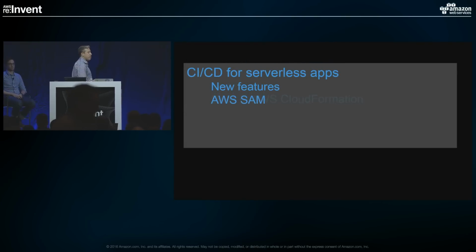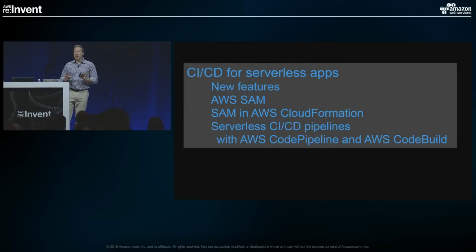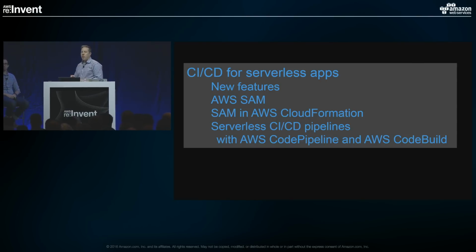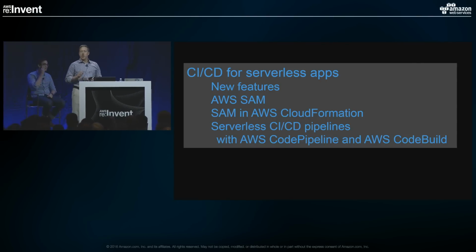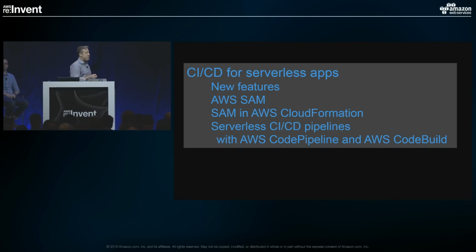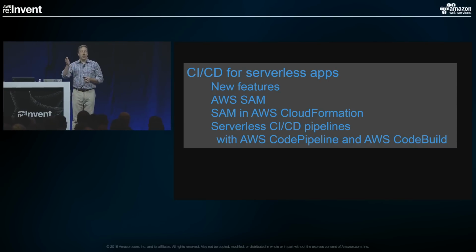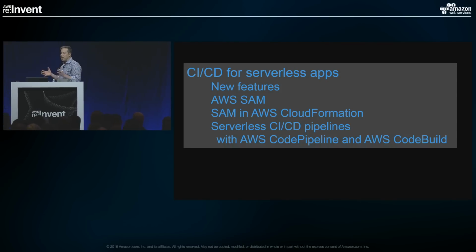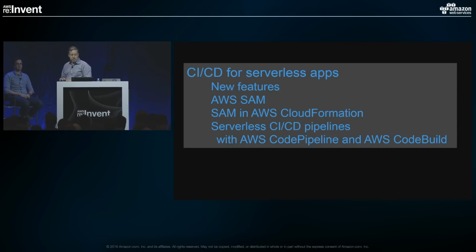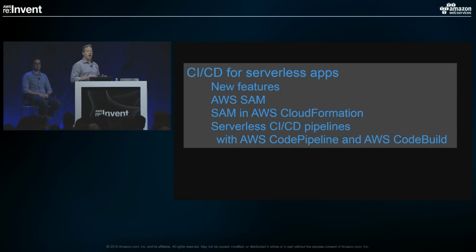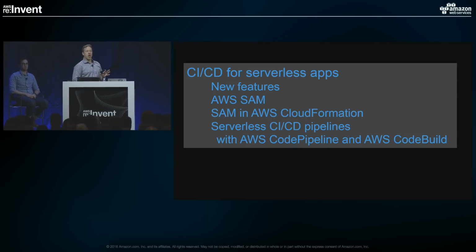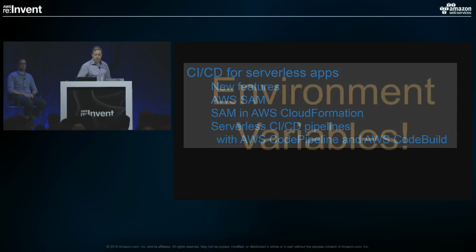All right. So the first thing I want to tell you about here today is CI/CD for serverless apps. We're going to talk about some of the new features. I'm going to tell you a little more detail about SAM, the serverless application model, and in particular how SAM gets used in both CloudFormation and in building those pipelines to do the package and deployment operations that let your serverless apps get built with increasing ease. And then we'll talk a little bit about how CodeBuild helps make that job in particular of packaging, especially Node and Python apps, much easier by being able to supply third-party libraries for you.